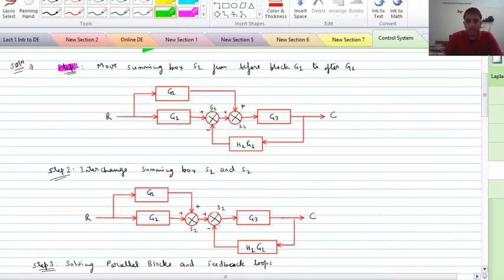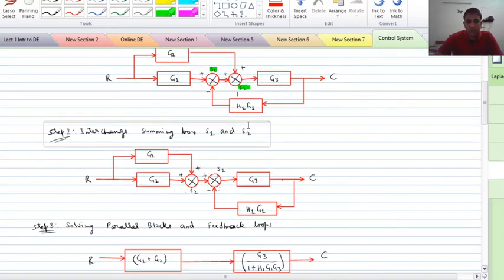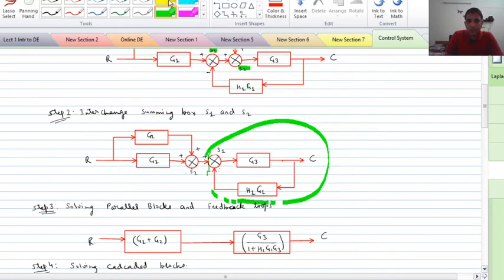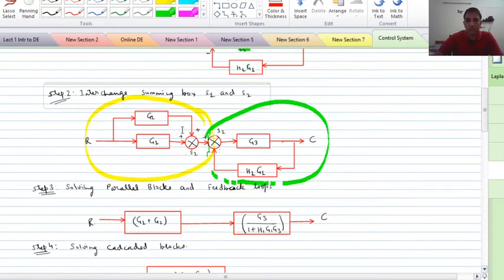Now at this stage we can easily interchange these two summing boxes because this is a commutative property. In the next step, after interchanging the summing boxes, this part becomes a negative feedback loop, whereas this part becomes a parallel block combination. So solving these two parallel blocks, this will give you G1 plus G2,